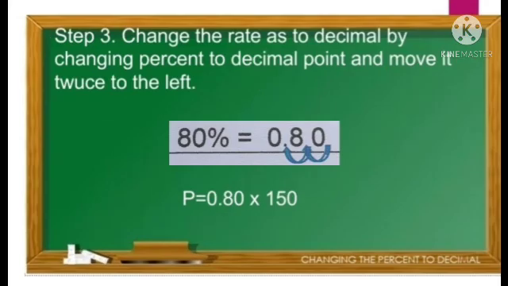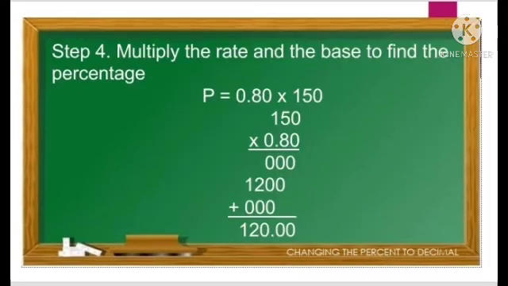Step 3. Change the rate to a decimal by changing percent to decimal and moving the point twice to the left. Remember, move it twice to the left. 80% is equal to 0.80 because we remove the percent sign and move the decimal point twice to the left. For the last step, we have